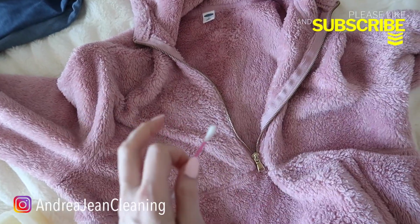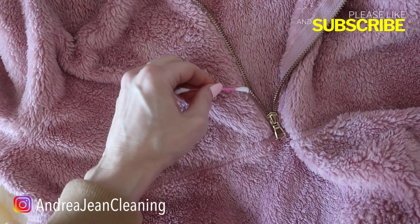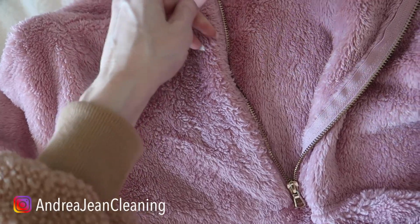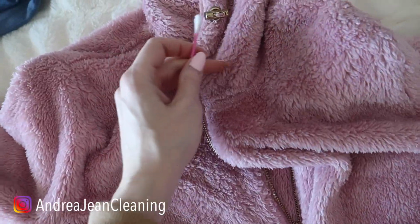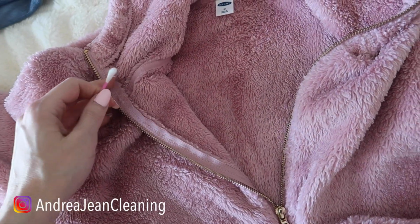Moving on to this very comfortable sweatshirt right here. Lubricate that zipper so that it zips up more easily and helps it last longer, increasing the life of your favorite, most beloved items. Also, if you have any parts on your sweatshirt, your sweater, whatever you're using, that is